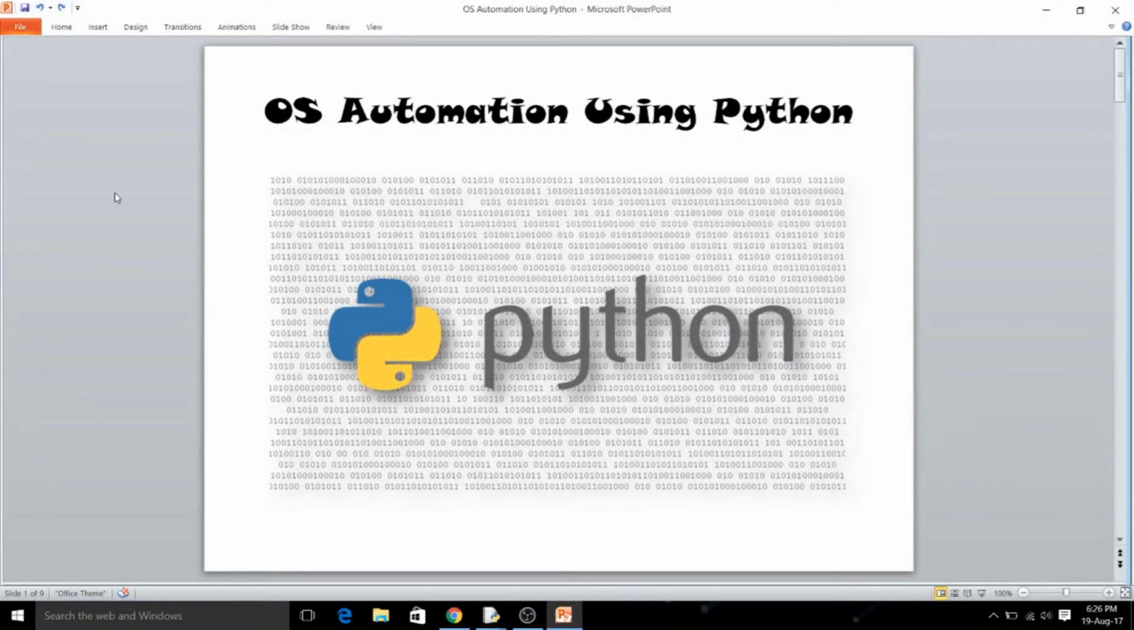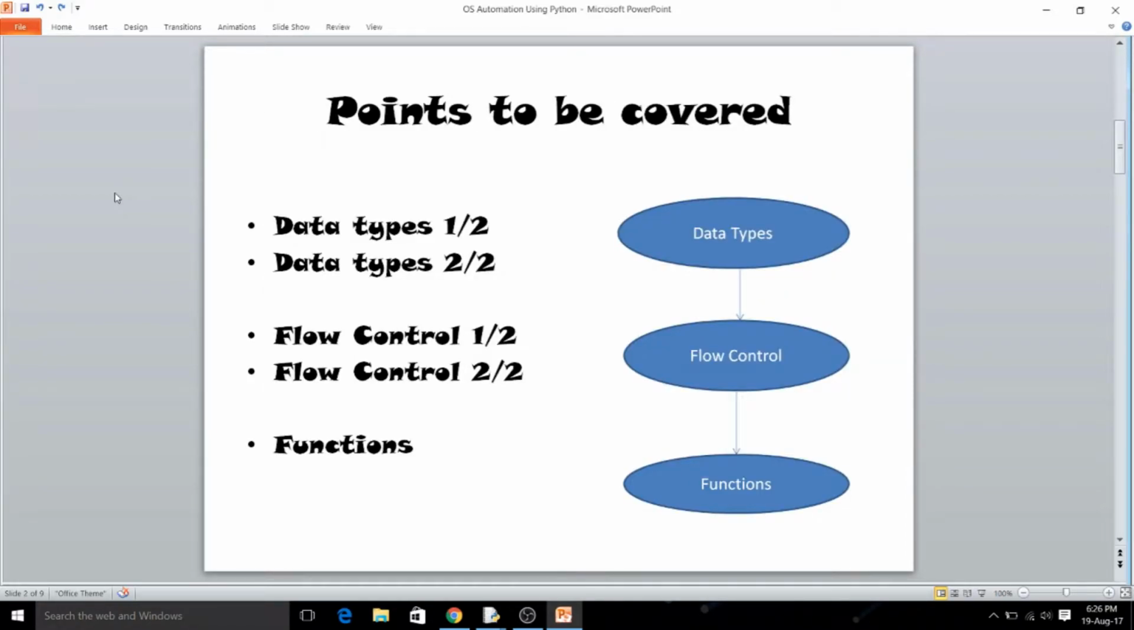Operating system automation using Python, where the basics of Python contain these 5 points which we are going to cover. As the length of the video is getting too large, instead of boring you with one video, I am going to make it 3 videos so that you can understand it in a very clear manner, and then we won't have any problem while